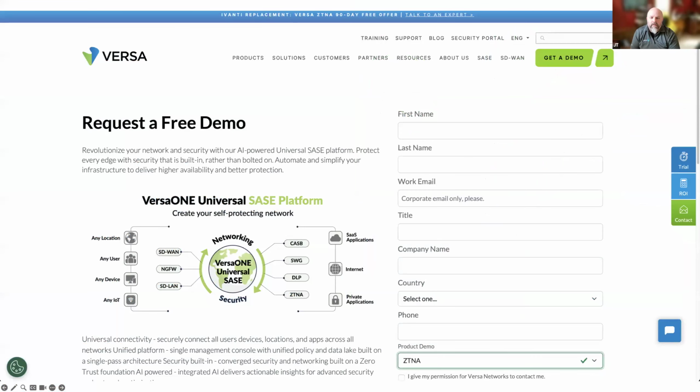SSE is part of the Versa One Universal SASE platform, which we have just recently announced. If you want to see how our SD-WAN can connect into this, things like SD-LAN, our next-gen firewall on-prem, not just our SSE side, you can get a demo of all of this. Take a look at what Versa is doing in the SSE realm, and see what our ATP solution can do. Even go further, get a POC, and actually see this with your live data. We're more than happy to do so.